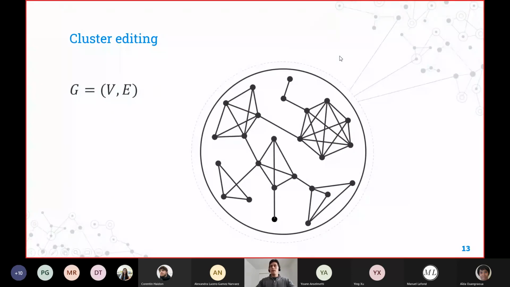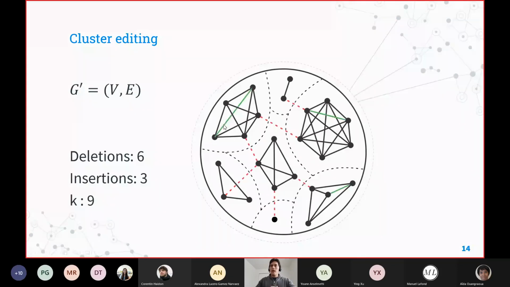Then this would be an example of this problem. This would be our graph. In practice, vertices represent genes. The edges would represent similarity. And then after solving this, we would have something like this.